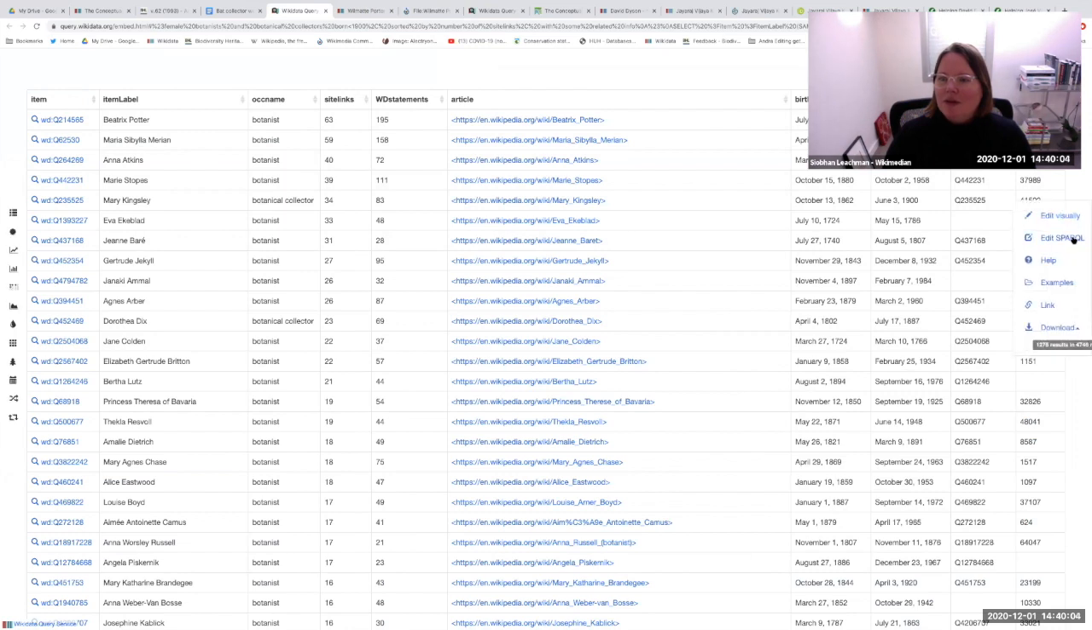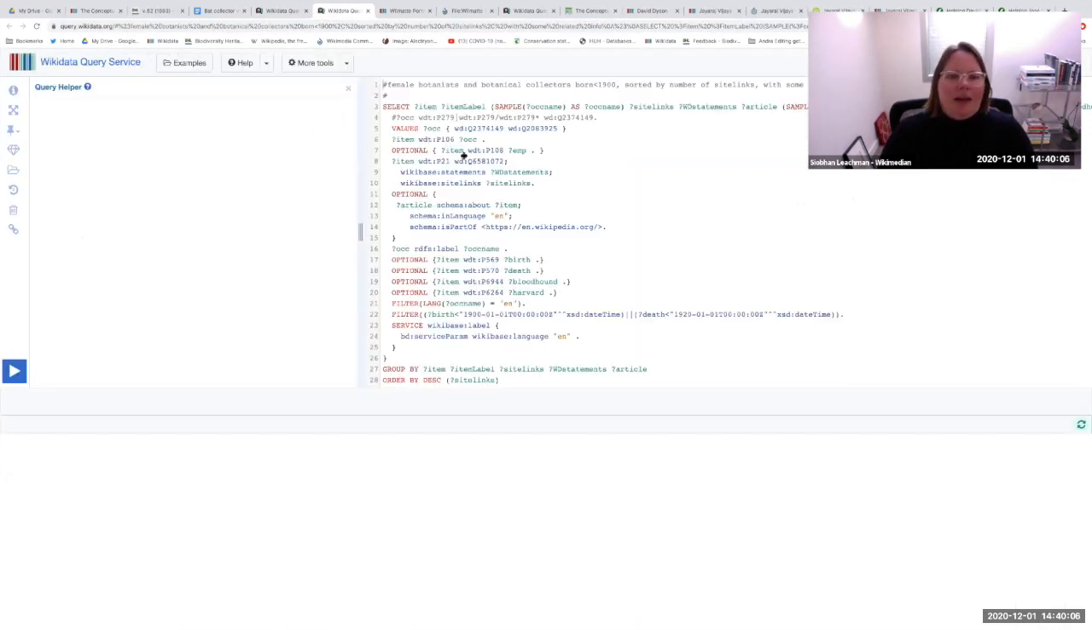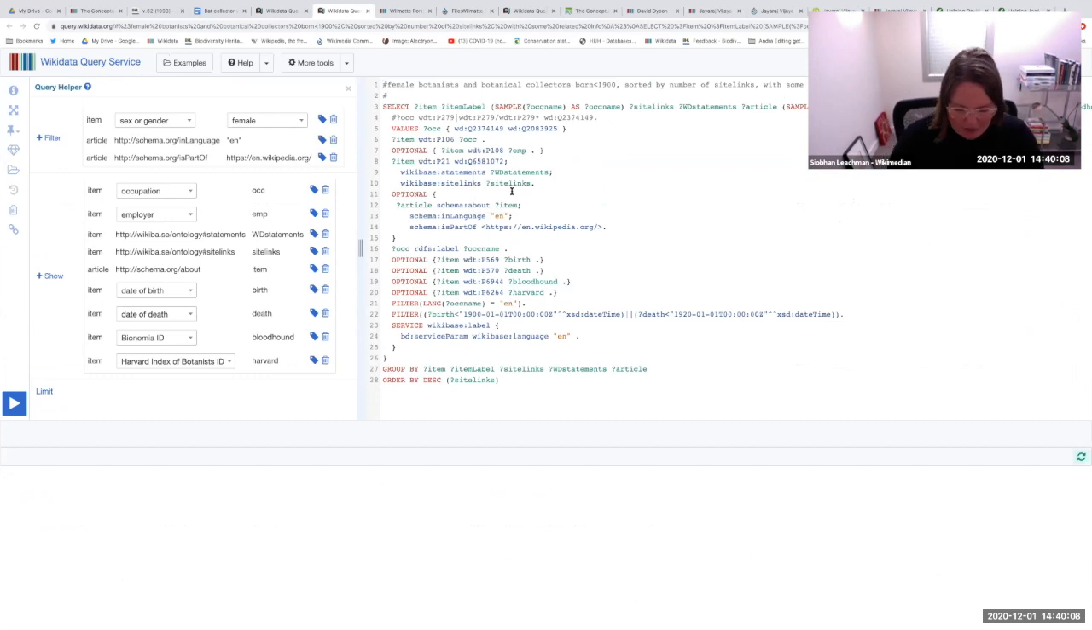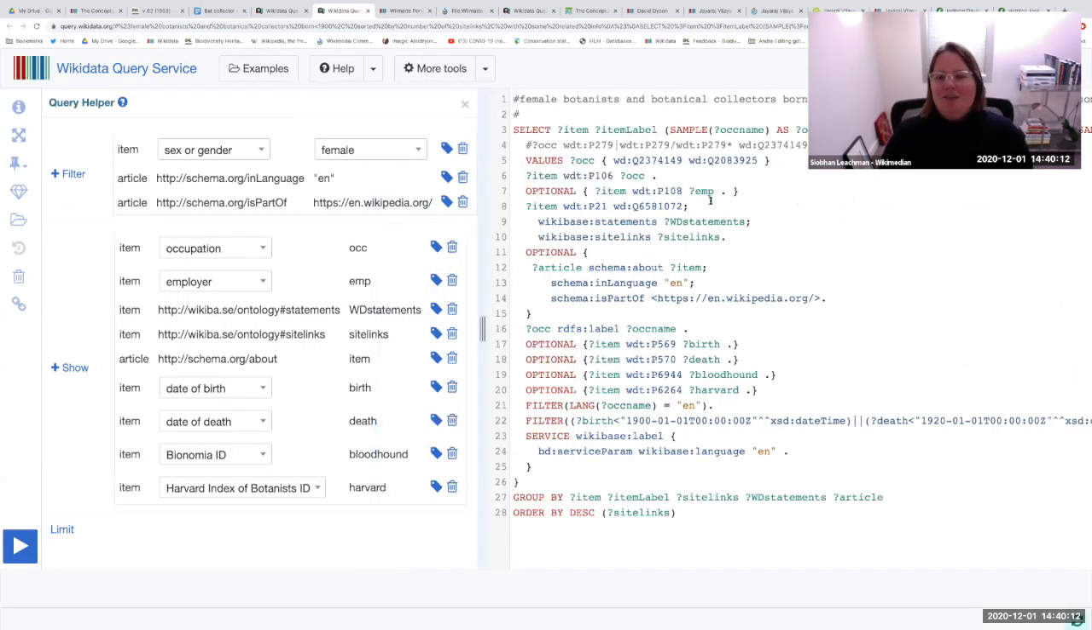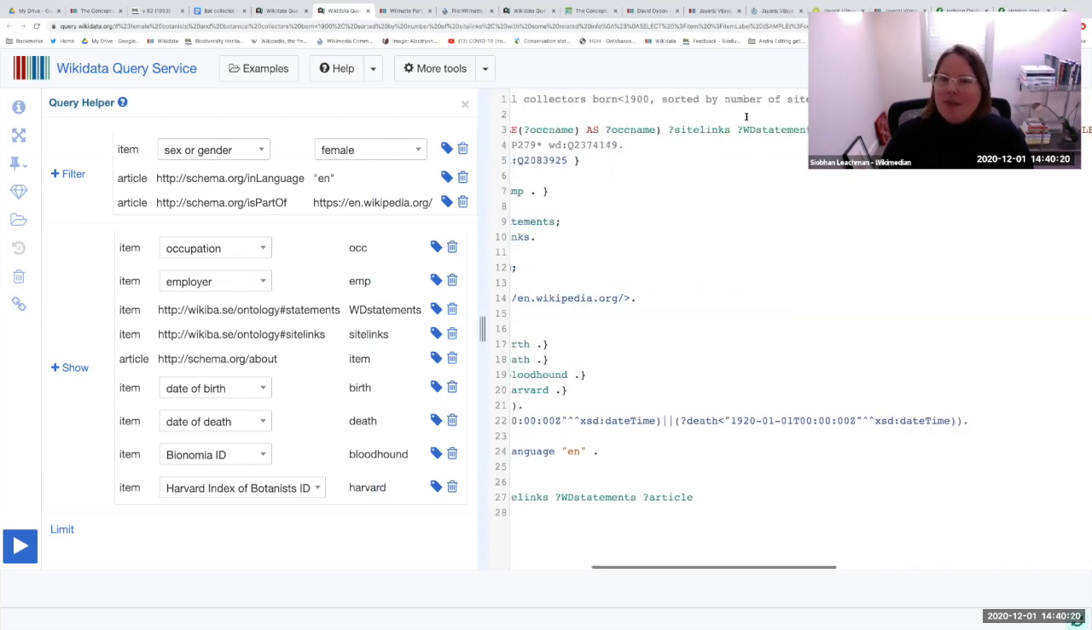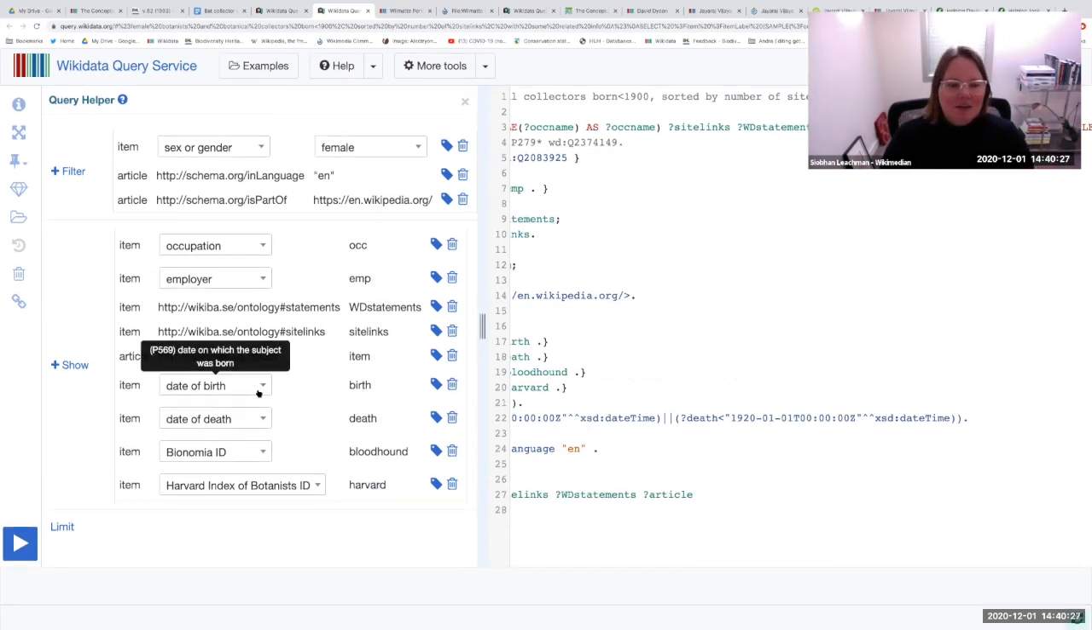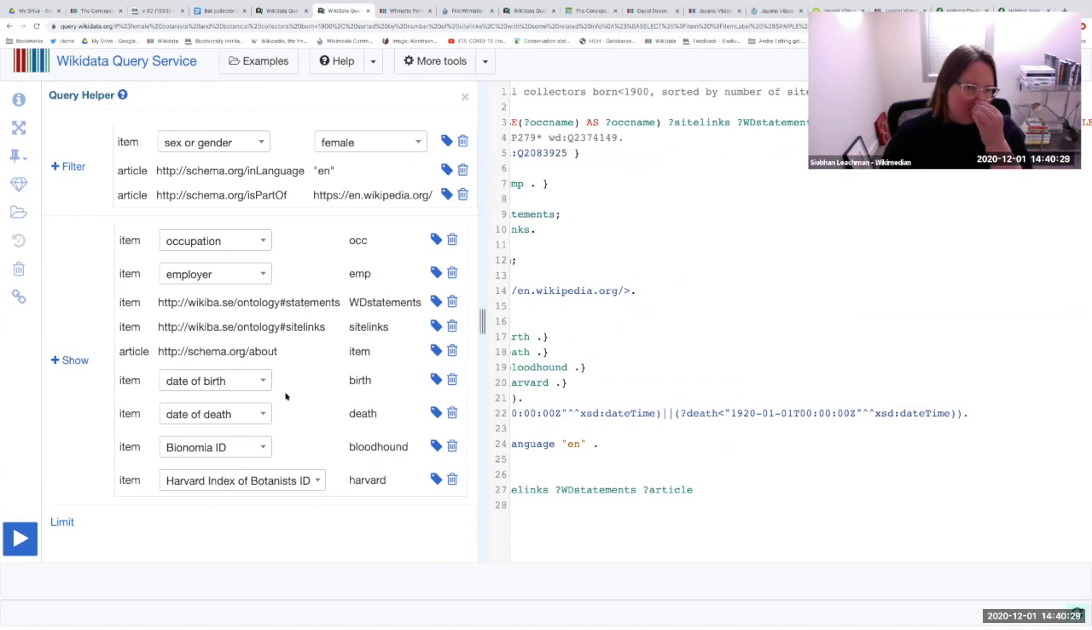Let's see, edit SPARQL. Okay, so this is a really complex query. Increase the size. This was created for me. I've basically asked for female botanists and botanical collectors born pre-1900, sorted by the number of site links in the Wiki universe with some related info. And when you run it,